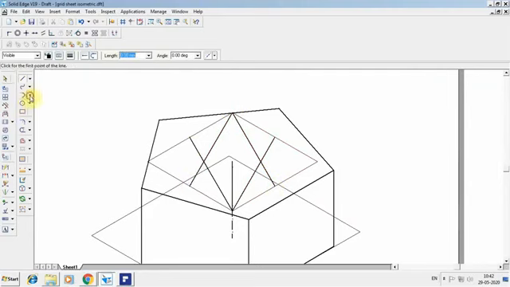Now go for arc by center point, select that and join. Similarly from here and join. Go for arc intersection, join that. Similarly from here.